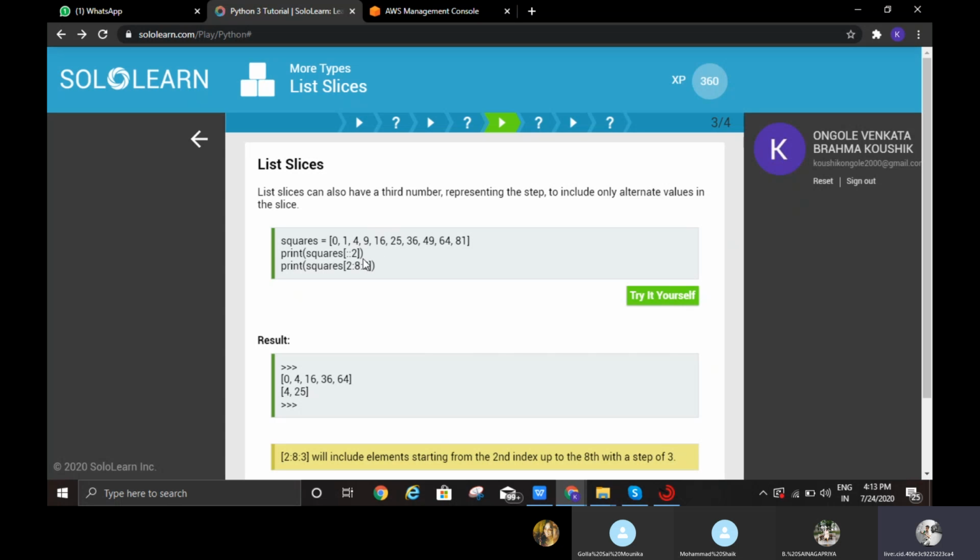Up to 8 means, what is the 8th index value? 0, 1, 2, 3, 4, 5, 6, 7, 8, 64. So it doesn't print the 64 because it only takes the 4 and 25 because of the step of 3. It will include elements starting from the second index up to the 8th with a step of 3.